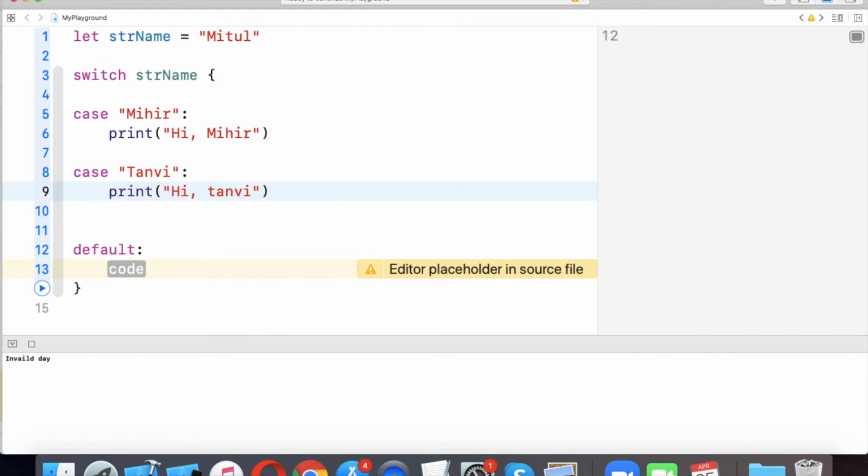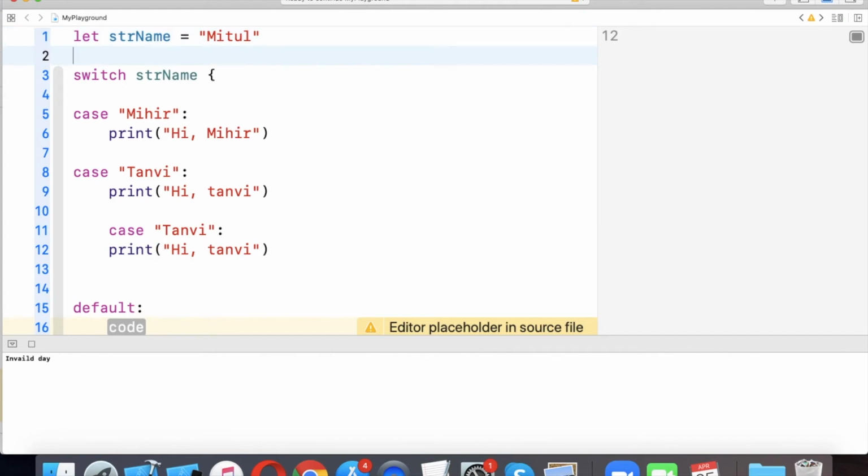Then I take another case for Mithul, and in the printing statement I write hi Mithul.